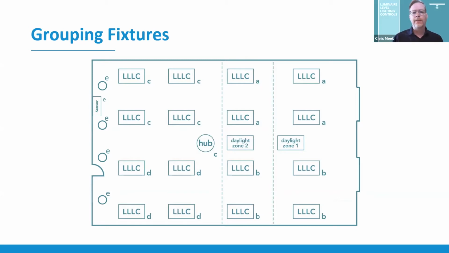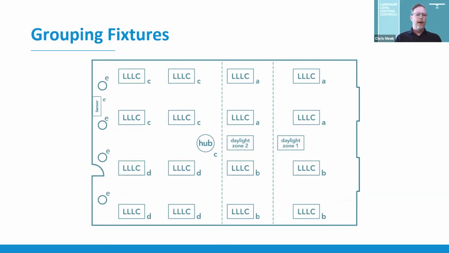And in reality, that's the space where the greatest control savings are. That's the space that's influenced by occupancy. It's the space that's influenced by daylight, as you can see by the 2 daylight zones. And that's where the benefit of luminaire level lighting controls really shines the most. But we also see a group of fixtures at the interior, group E, the circular fixtures. And those are decorative fixtures aimed at providing some pop and sizzle at the circulation zone, providing some wall washing